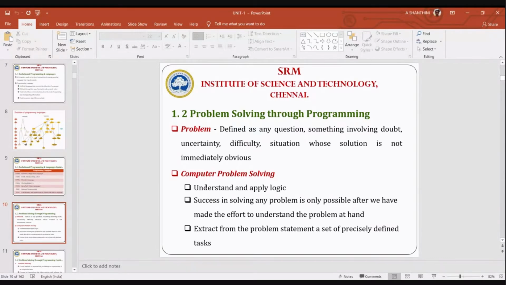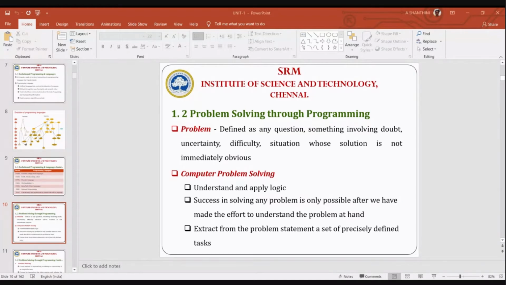Guys, am I boring to you? No, ma'am. The first unit, half of the first unit is something related to a theory part only. Then only I can go into the programming. So I'm trying my level best to have some interaction with you guys. If you answer only, I can think that you are a bit interested. Else, you should say me how to solve the problem of making the subject still more effective.